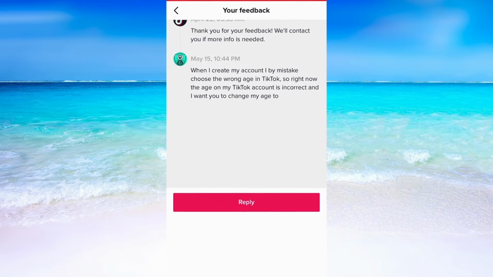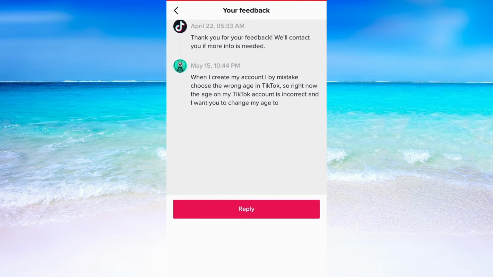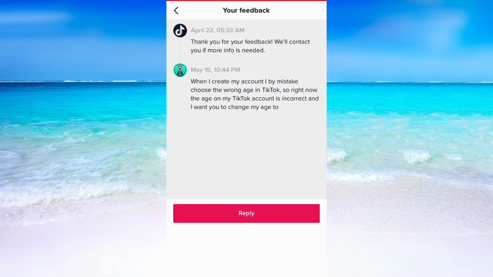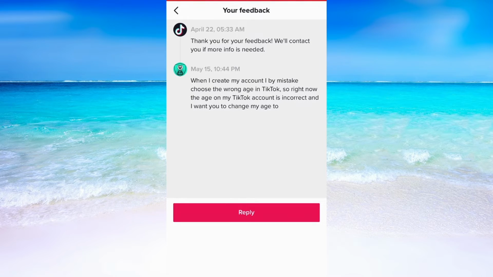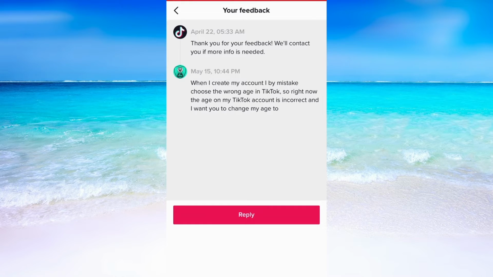What will happen is that somebody in the TikTok office will look at what you wrote and then reply back to you. I forgot to mention in my previous video about this, but they probably will want you to somehow confirm that the age you're going to change is actually your correct age, just so you know. So if you have accidentally written an incorrect age when you created your TikTok account, then just follow the exact same steps that I just did in this video, and then after that, hopefully this issue will be resolved for